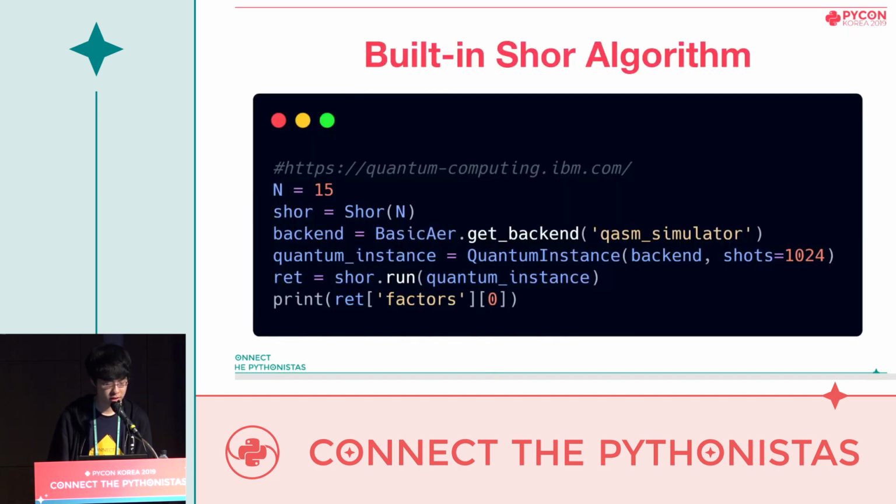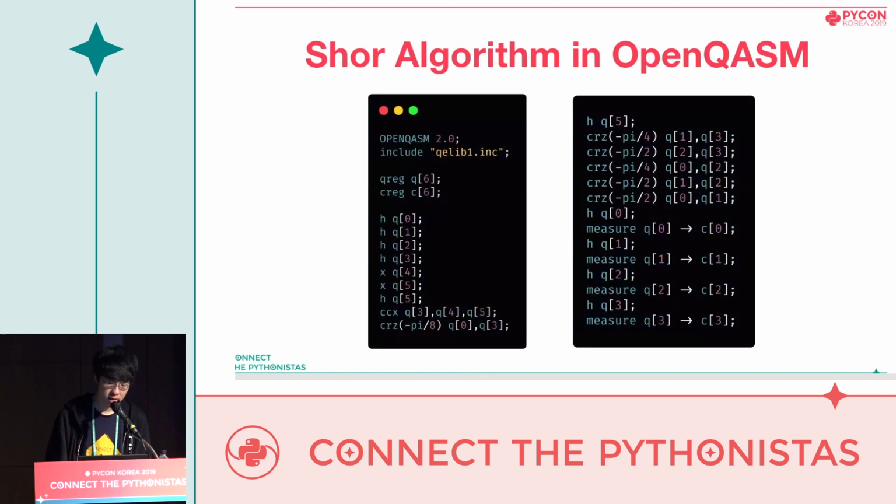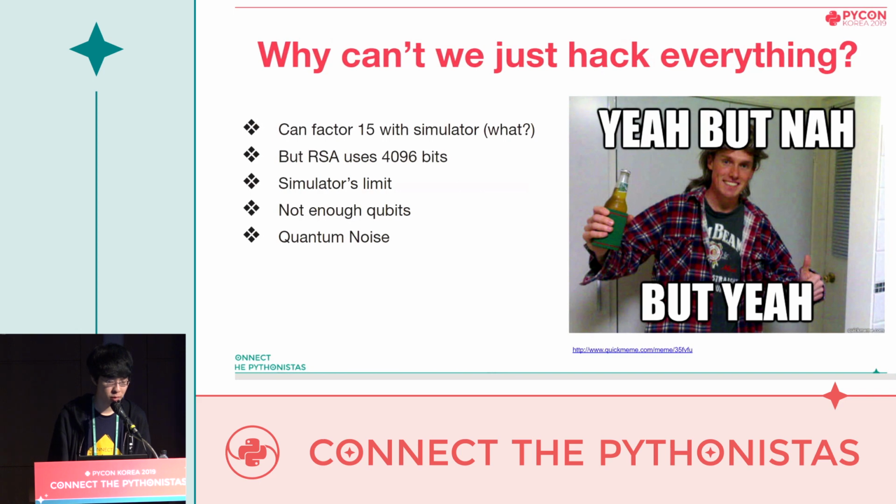And this is the basic example of a Shor algorithm using Qiskit Aqua. I just skipped the previous import statements, but you can easily find them in IBM's documentation. In this example, we are factoring 15 as n. As you see, we can get our results easily. It's even easier than running an Apache server or something. And this is the OpenQASM code describing the Shor algorithm circuit. And then why don't we just hack into anything and take over the world?